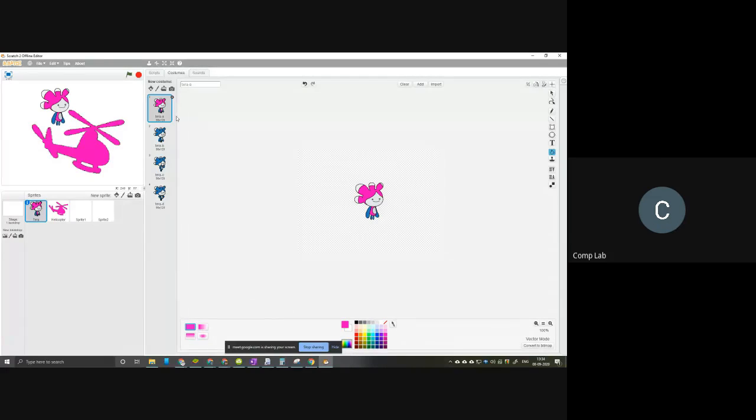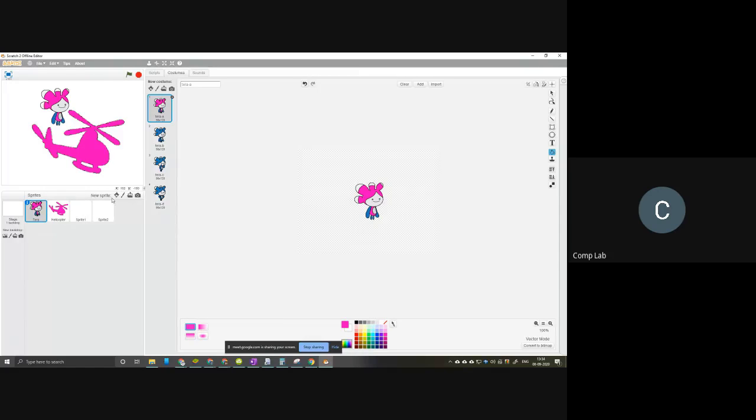So this is part of the tabs we've discussed. At the start of the class, I mentioned there are 3 tabs that allow us to edit a sprite. Right now we are in the costumes tab. You can see right here at the top, it says costumes tab. This costumes tab basically allows us to change the appearance of the sprite. We can change the appearance of any sprite we have.